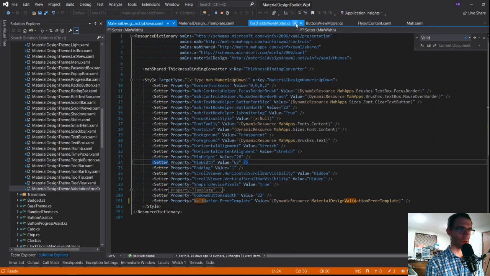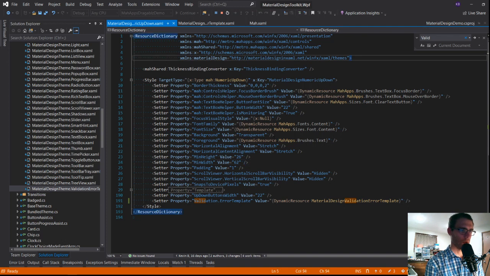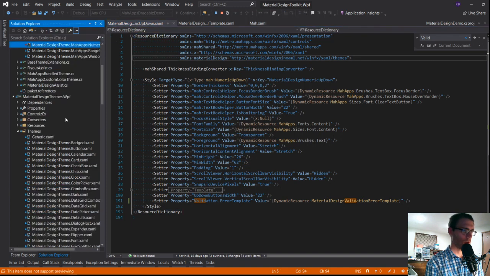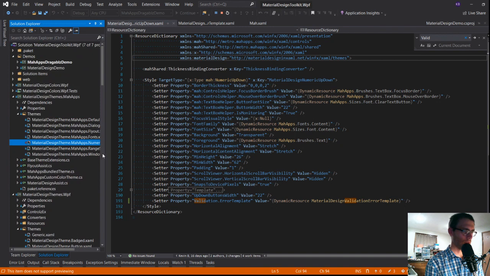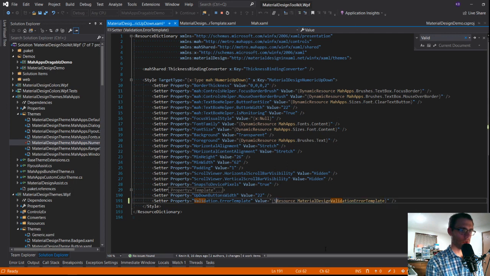So numeric up down. Let's get a couple of these tabs out of my way. Don't need all of this. So numeric up down. Let's do this.